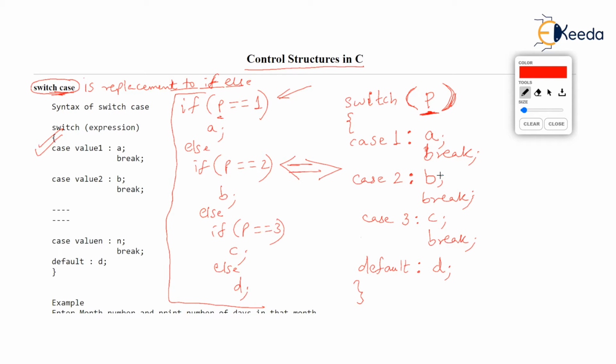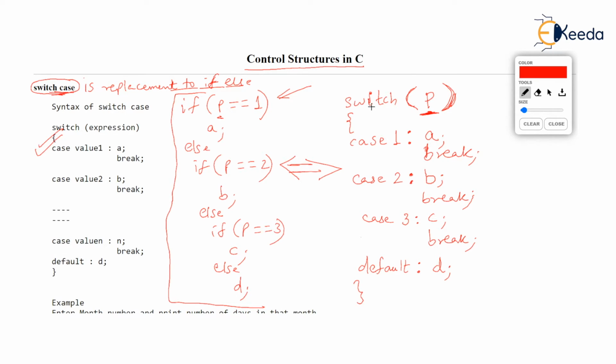Assume for some time that the value of p is 1. Check it then. If the value of p is 1, how does the if work? P is 1, so this if is true. The very first if is true where the cursor is hovering. If p is 1 is true, then A will run, and after A runs, the entire else will be dropped. Yes, everyone, the entire else is dropped, isn't it? Because as p is 1, the first if is true, A runs, and then else doesn't run. Obviously, if is true, else doesn't run, and the entire else is dropped.